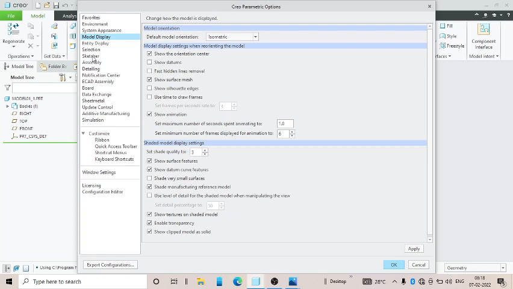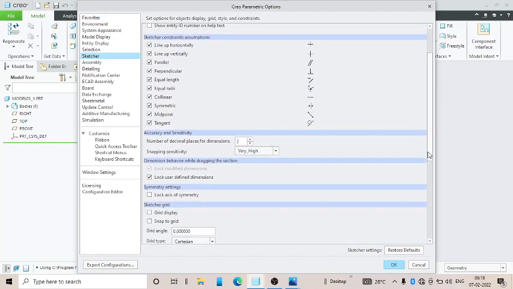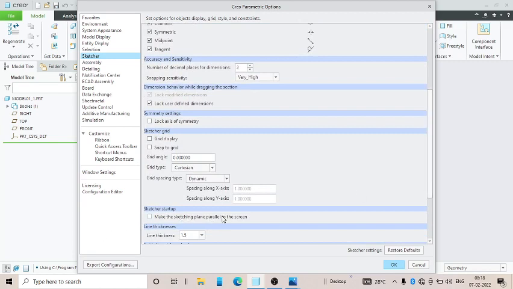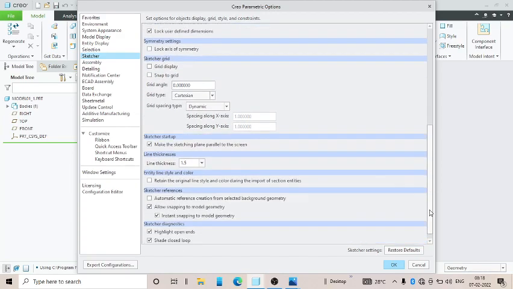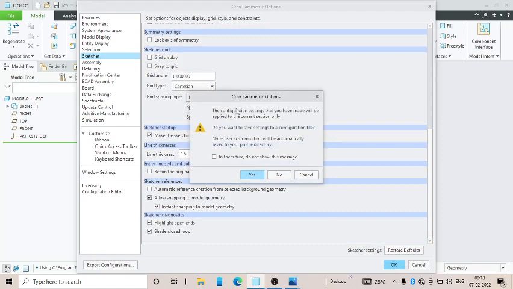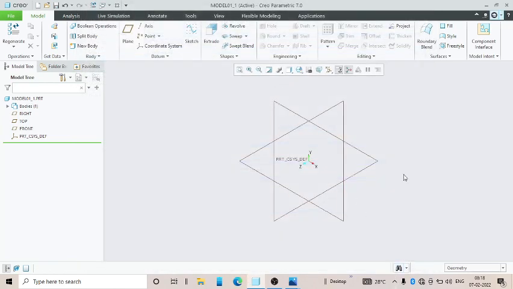Then other thing, go to sketcher. You can change here, lock user defined dimensions. Here you can give a check mark. Then make the sketching plane parallel to the screen. This is optional. If you want, you can add it. Then OK. Then it will ask for saving the configuration file. You can give a yes. Then OK. So now you can see this is the